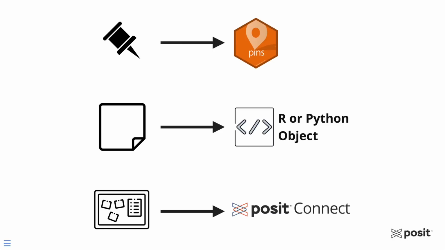To further explain this corkboard analogy, the push pin is the tool we use to pin an object to the corkboard. This is the pins package. The note that we pin is our R or Python object, and this can be a dataset, a model, plots, or even files. Finally, the corkboard in our workflows for today will be Posit Connect. Now, there are a lot of other boards you could use, including Amazon S3, Azure, or Google Cloud Storage, or even local or shared folders. But Posit Connect does come with some added advantages, which we'll discuss today.